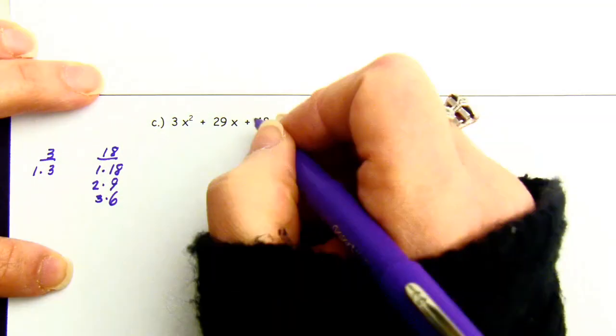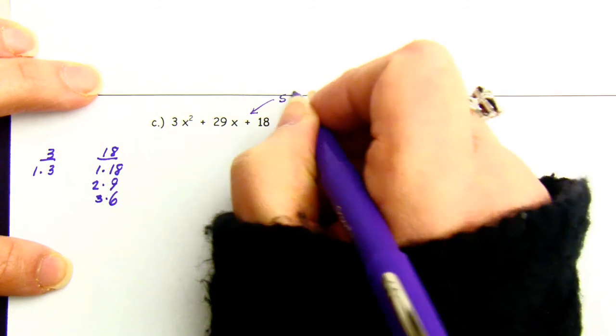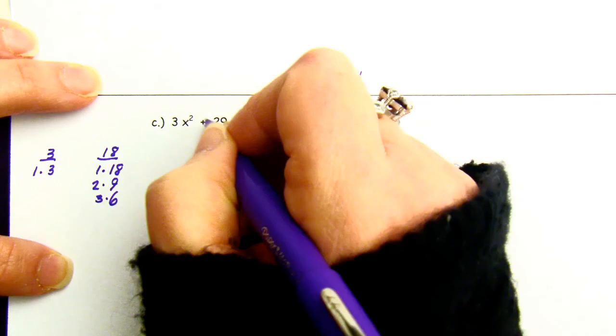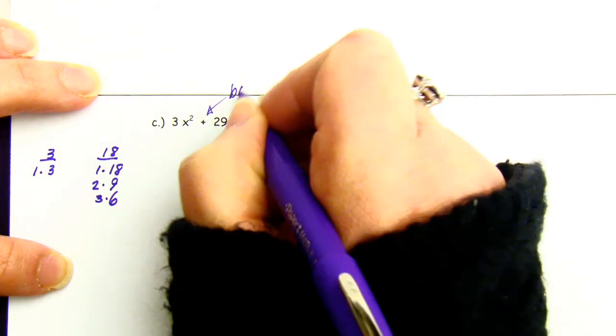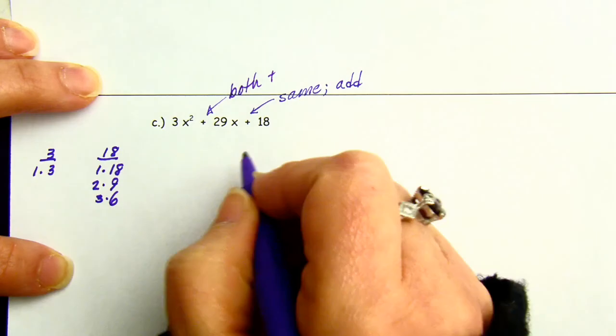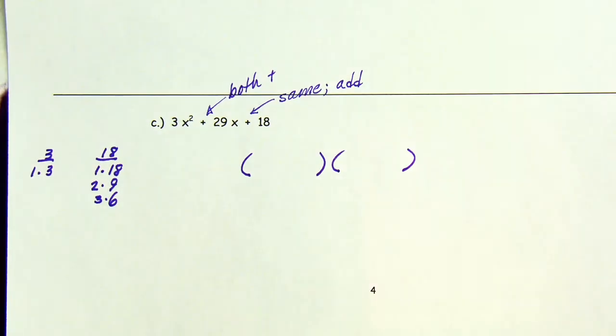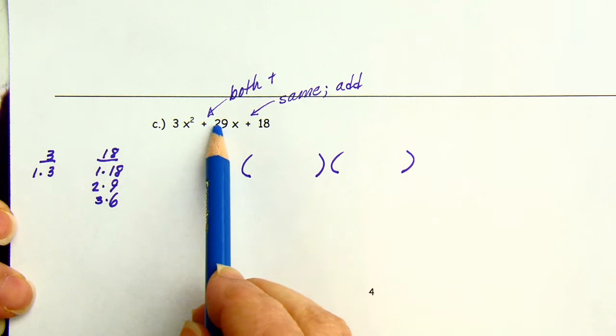The signs are the same. And I'm going to add products. And the signs are both plus. All right, I'm going to take a look at that when I'm done at the end. I just wanted to think about it because I absolutely need to know if I'm going to add products or subtract. All right, I'm going to add products, so I've got to figure out, well, 29 is a little bit